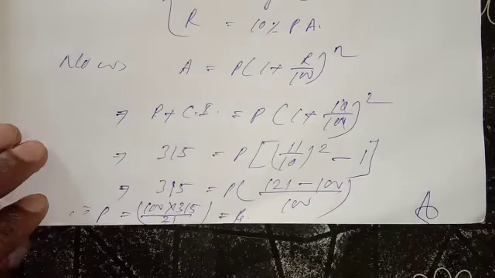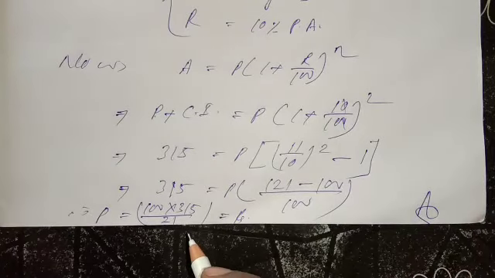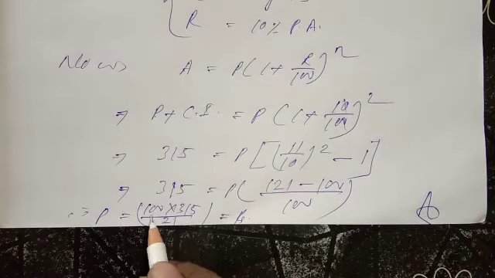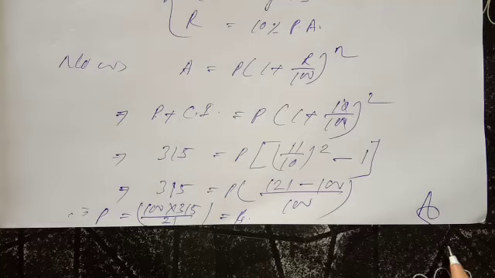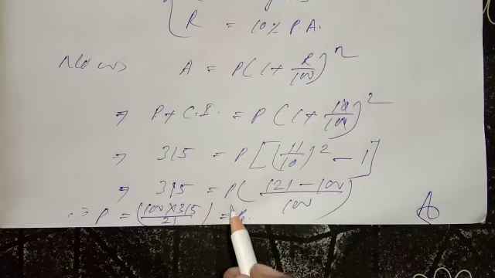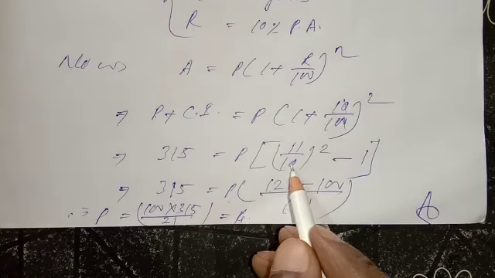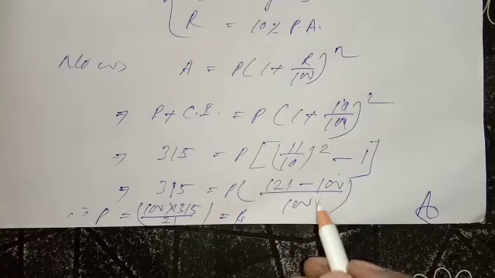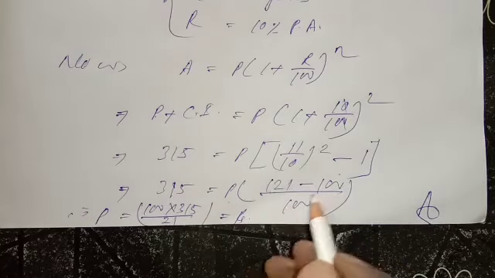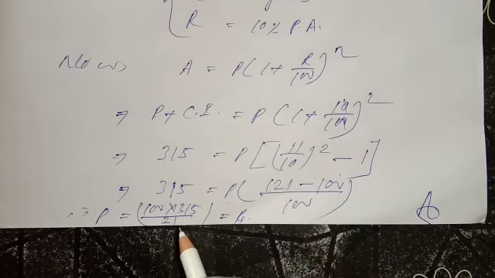In this way, question number 2 is completed. Calculation part left, you have to complete on your own. 315 into 100 divided by 21, this will go by 3. Try to do your own calculation. Okay, let us go to number 3. Just for final revision, I am showing the process of solving. P is taken common, 11 whole square is 121, 10 whole square is 100, 121 minus 100, taking LCM by 100, 100 multiplied and this is 21 divided. Just the calculation part to do. Next, question number 3.